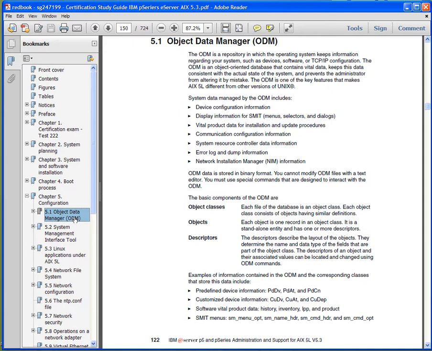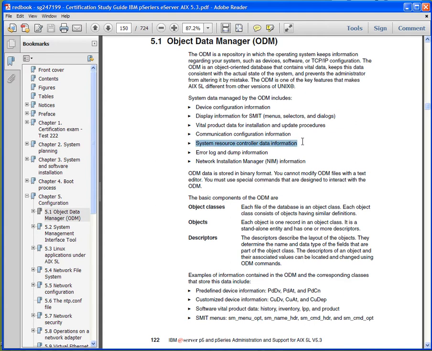This database kept track of critical information about the operating system, about the devices, virtual product data, referring to the installation software,